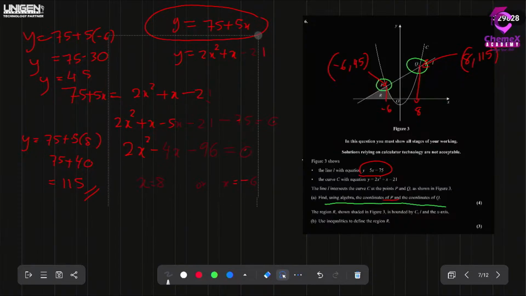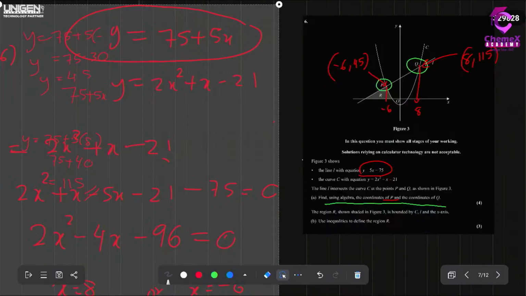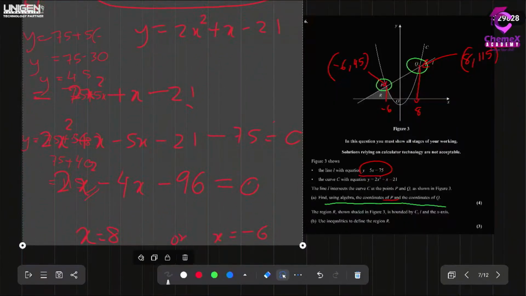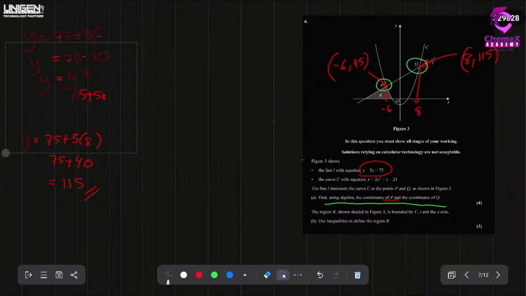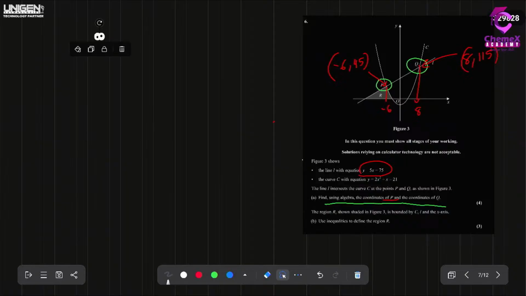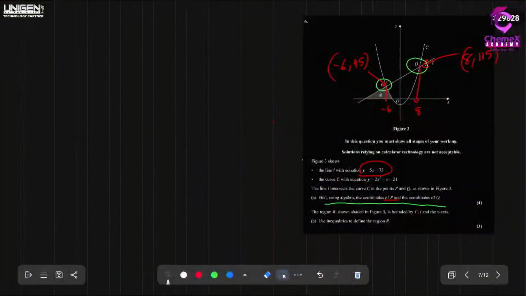So how do you do it? Let me select the entire thing and take it away. Okay, since I know the coordinates, I wrote it there. I can do this afterwards. So now in the B part, they are asking